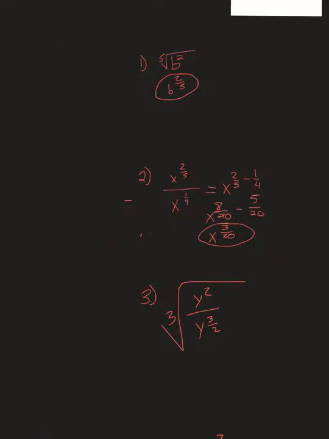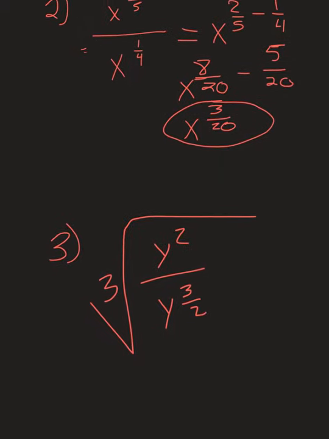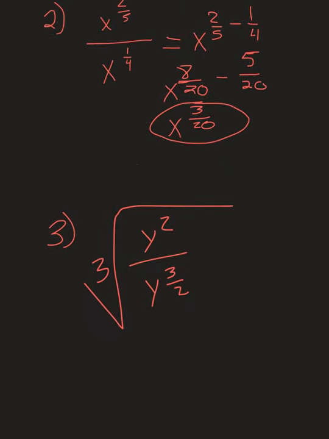So here we go. Number 3 gets a little more complicated, okay? So how I would attack this problem is right away, I want to break it down as simple as I can. The first part that I see is a fractional exponent, right? We have all of this under a cube root, okay? So I'm going to rewrite the cube root. What I mean by this is I'm going to rewrite this as,